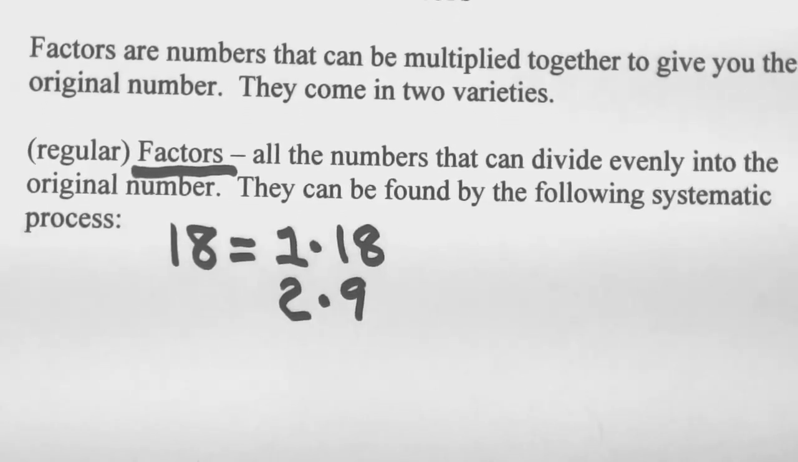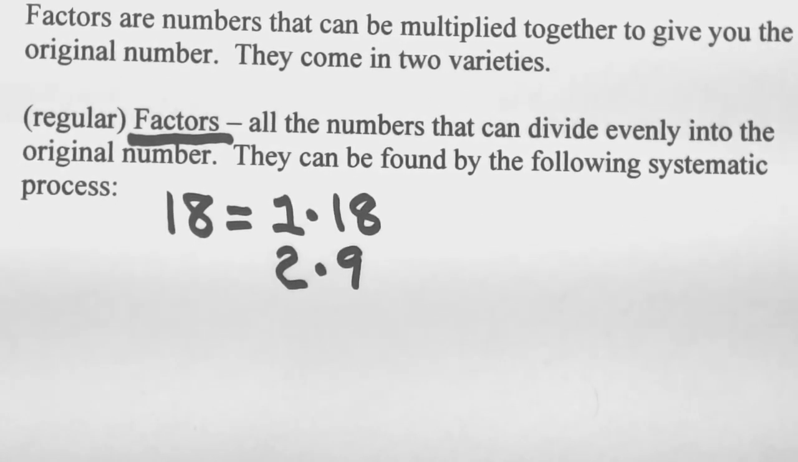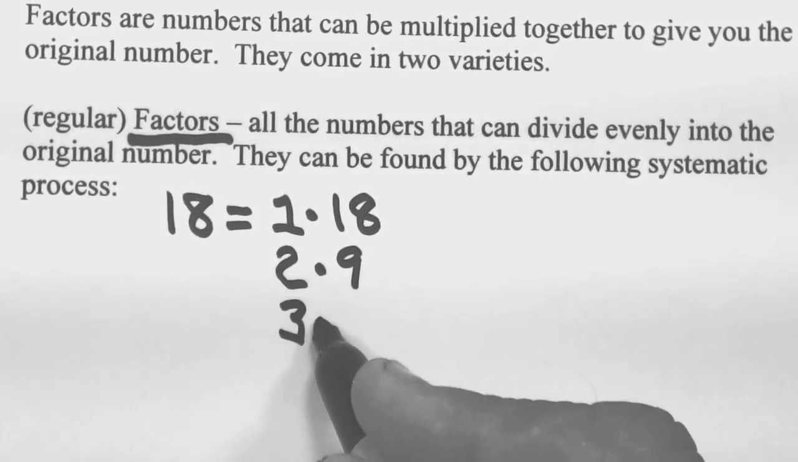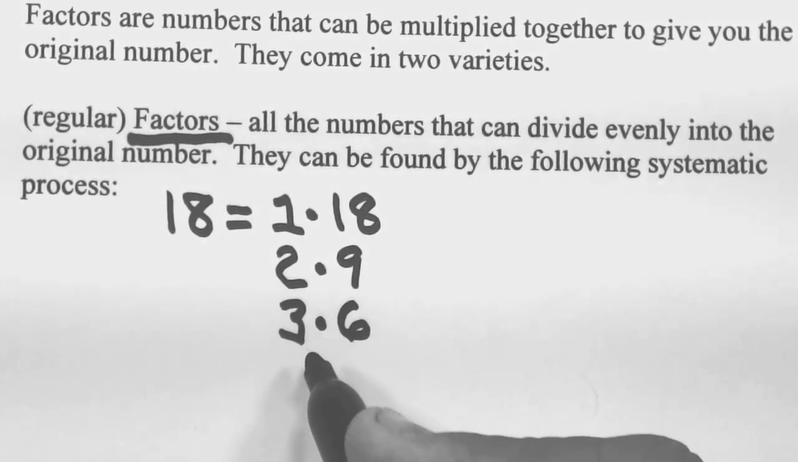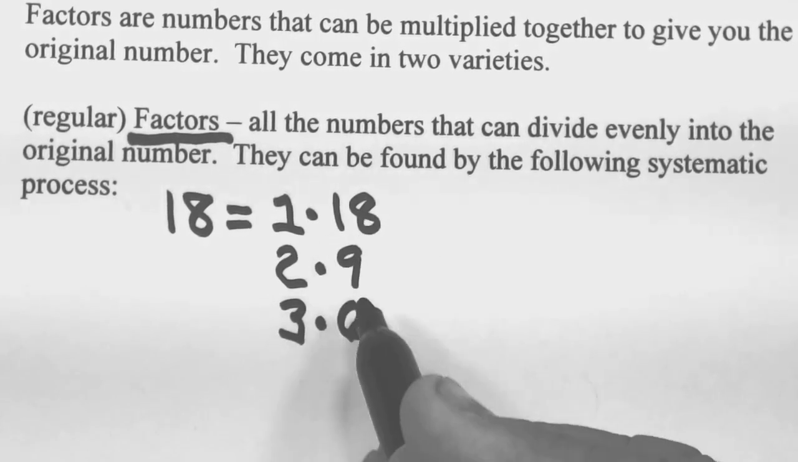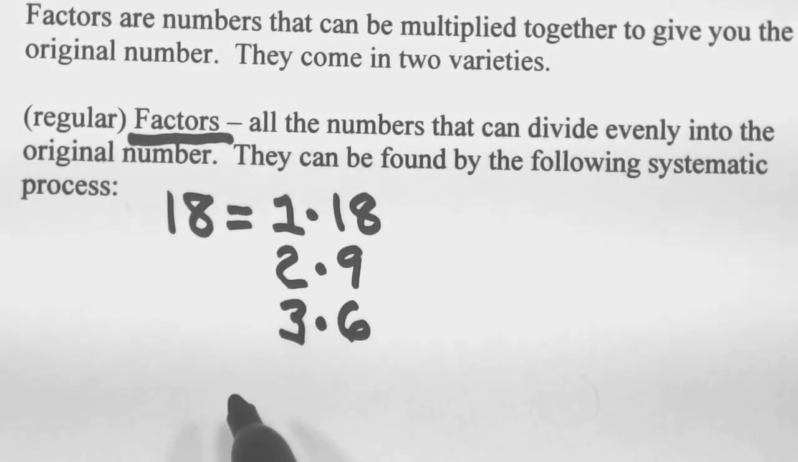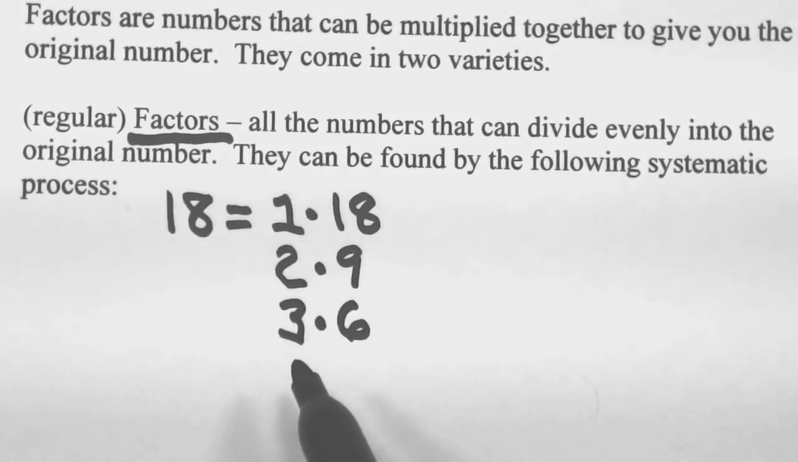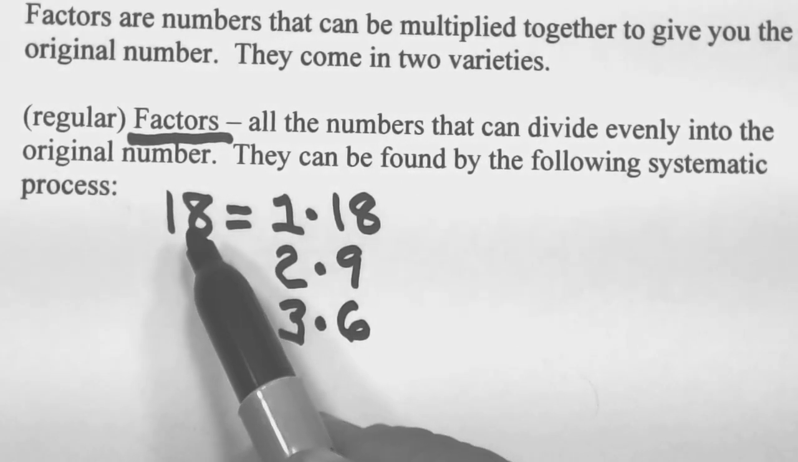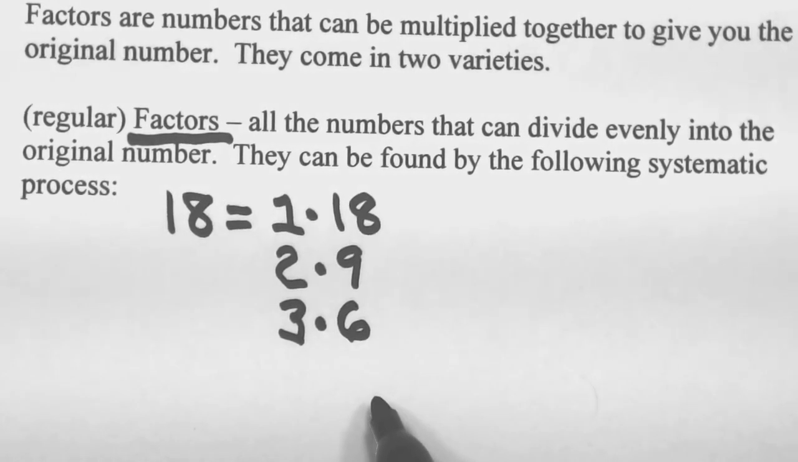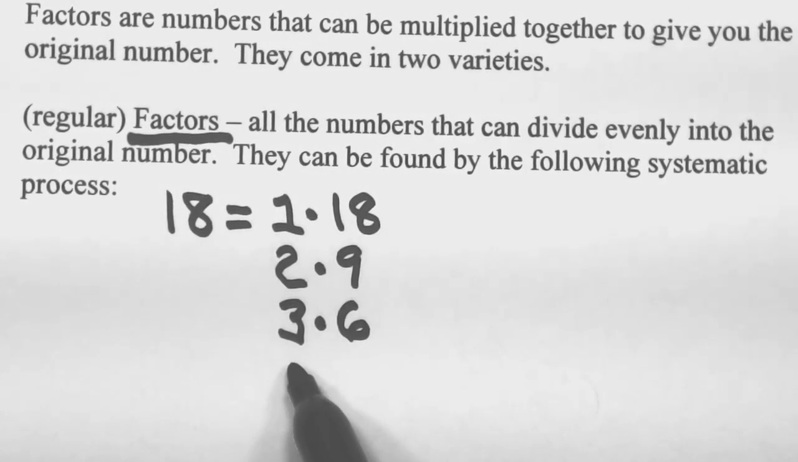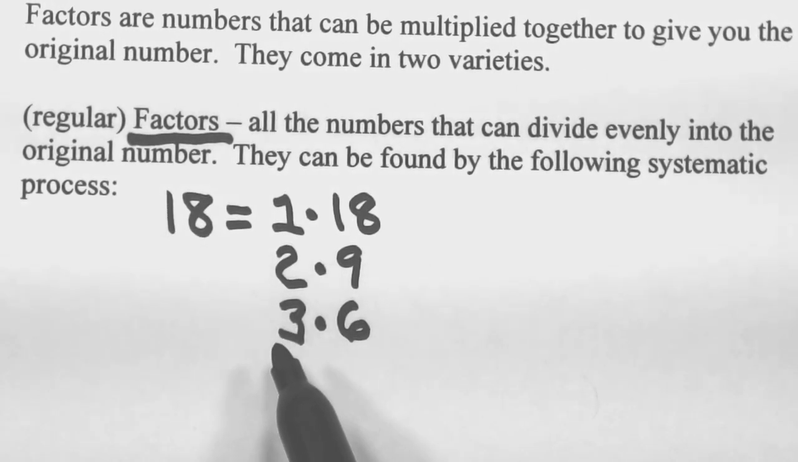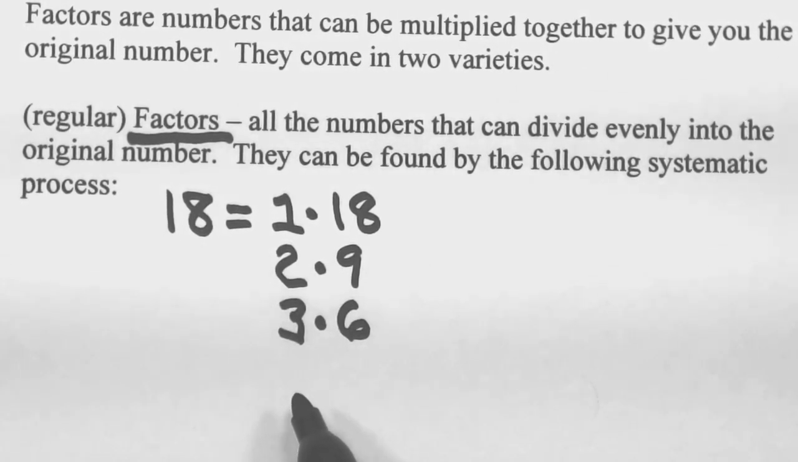Well, let's continue on here. The next thing we try would be 3. 3 divides evenly into 18. 3 times 6 is 18. So far we've got all of these as factors of 18. Now, the next number we try after 3 would be 4. But 4 does not divide evenly into 18, so we don't put it in our list here. The next thing we try is 5. 5 doesn't work either. The next thing after that we try is 6, but this tells you when you can